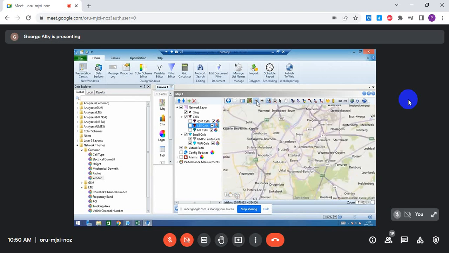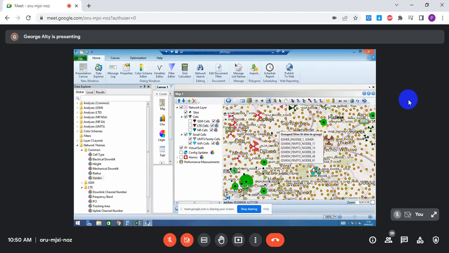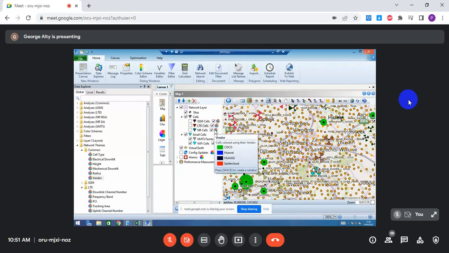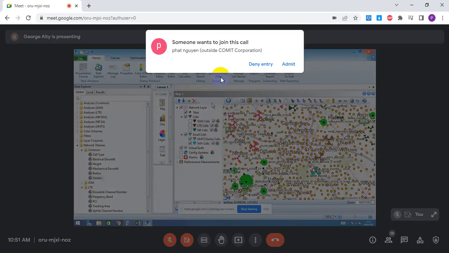So it just allows you in a mixed area. Here we go. So I've got some of the red cells here. There you go. So you can see my spider cloud within the GSM. And this is the 5G. Again, I have all this access on my system. You won't have the 5G and the radio. You just have the UMTS and